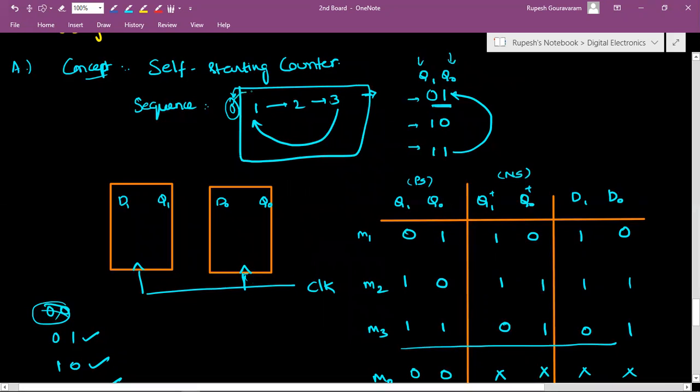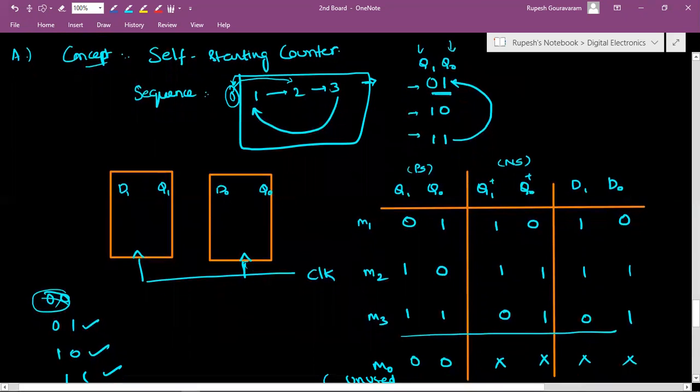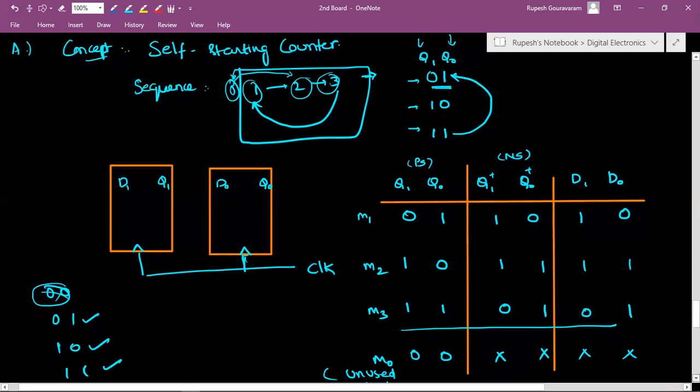So from 0 somehow it goes to 1 or 2 or 3, it again goes to self-starting mode. Okay, that is known as self-starting. So if it gets stuck at 0, then it is not self-starting. From 0, if it goes to any of the valid states, that is 1 2 or 3, then it is in the normal cycle, it keeps on rotating. So self-starting means it should go from 0 to one of the states. Let us check if it is self-starting or not.